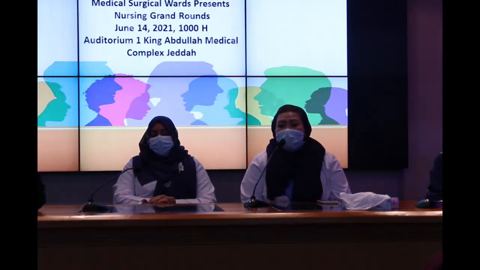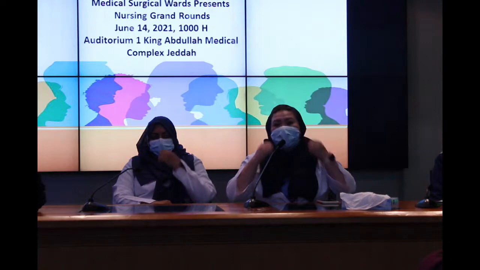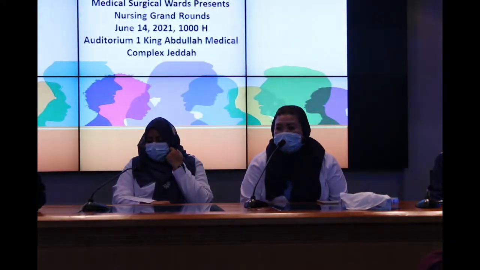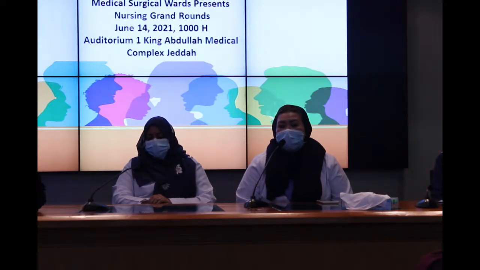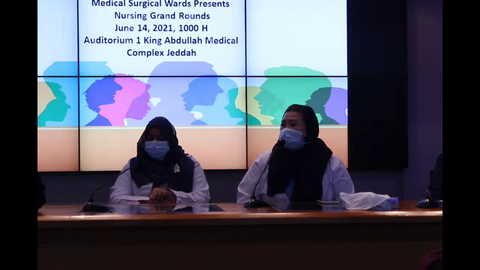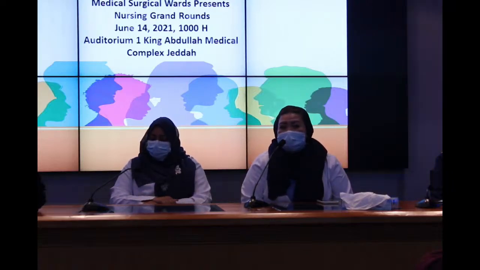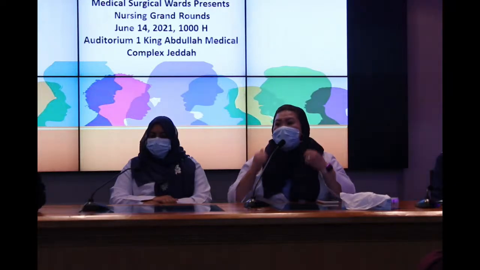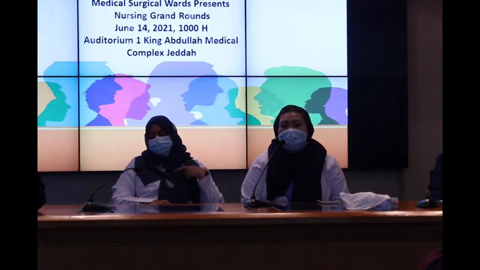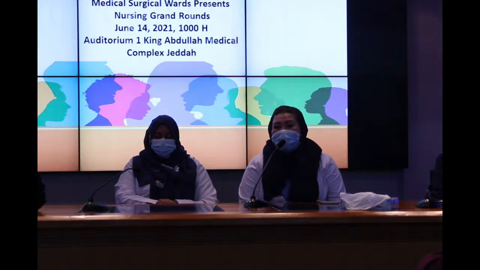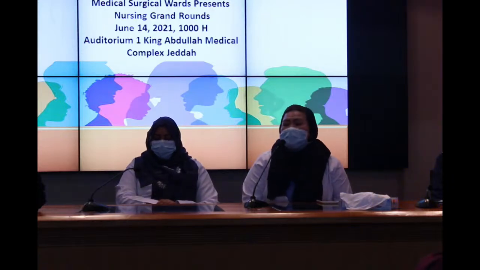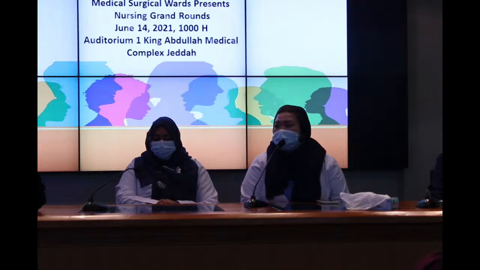So there will be a score. If the patient's score is 24 down, it will be no risk. For no risk, as we have already talked about, you have to do the standard fall preventive measures, which all of the other speakers already talked about. Now we will focus on the low risk and the high risk. Those having a score of 25 to 50 are considered low risk. Those having a score of 51 or higher will be considered high risk.